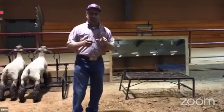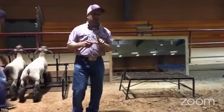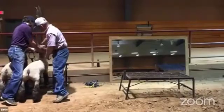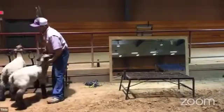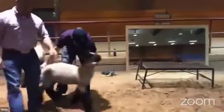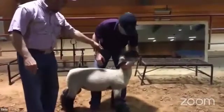So halter breaking, standing, are all the big things that we want to get these lambs to do at the very beginning. The other thing that we want to do. So what we're going to do now, once we start halter breaking, once we get these lambs where they'll walk,